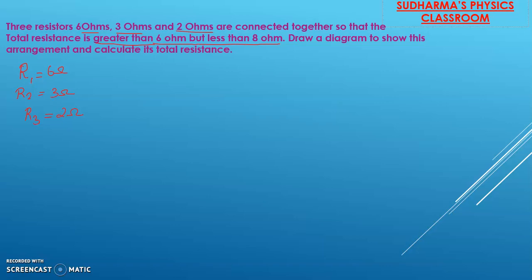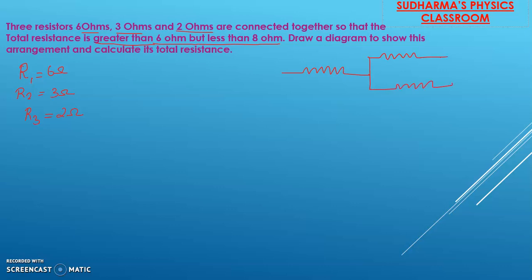Now, how do you understand what type of connection it is? If you have seen the previous videos, you know when you have 3 resistors given and this kind of question appears, how do we approach that? We have 3 resistors, right? 3 resistors we can connect in 4 different ways. So one is all of them in series, and the other option is all of them in parallel. Another option was this, right? This is another option.